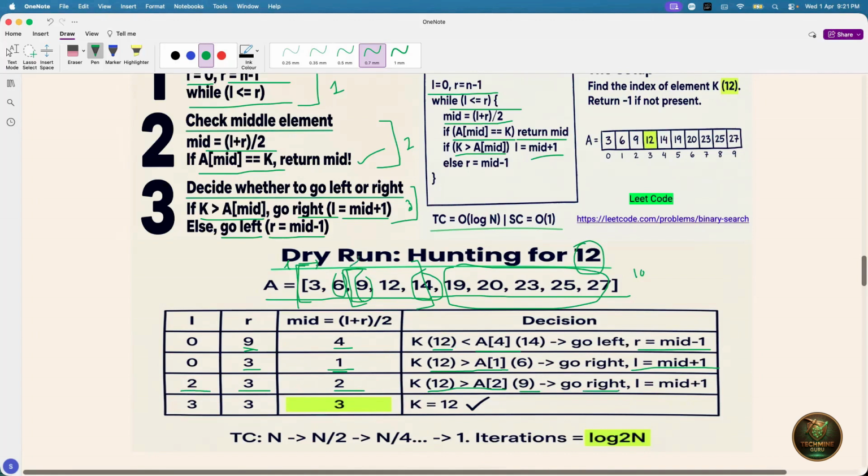So our L pointer will now come here. So our L will be equal to mid plus 1. Now what was our previous mid? 2. So L will be equal to 3 and R will be equal to 3. Now our current mid will be 3. And since we reach the current mid, this condition will tell that we have found the element and it will